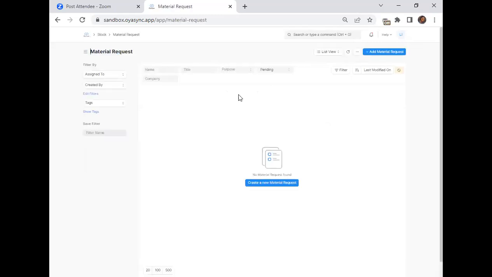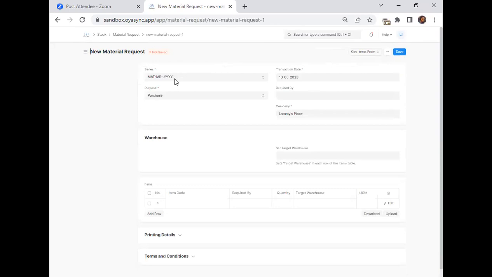I'm using the home page for my material request, and then I will add new. Add material request. Now this is my material request template. The purpose of my material request here